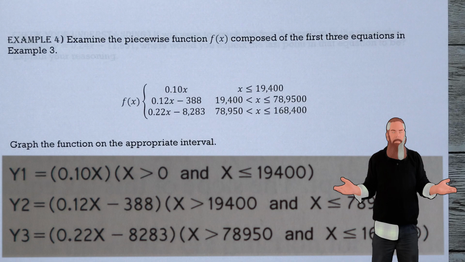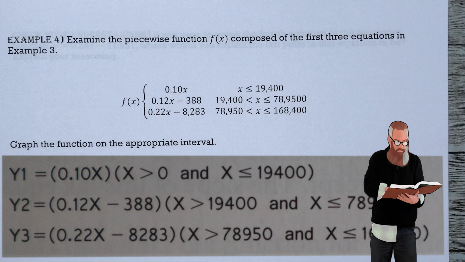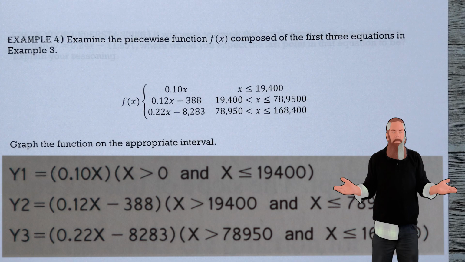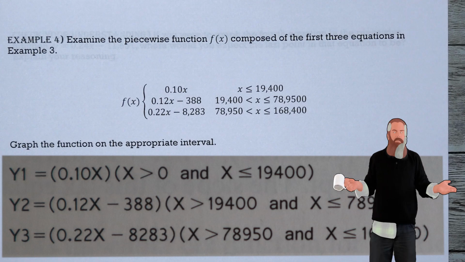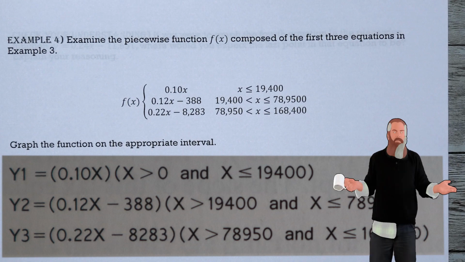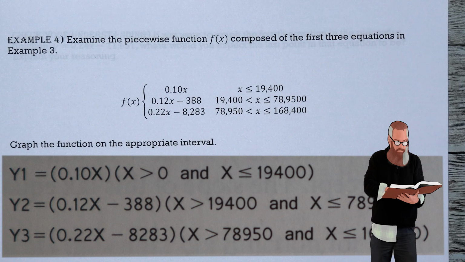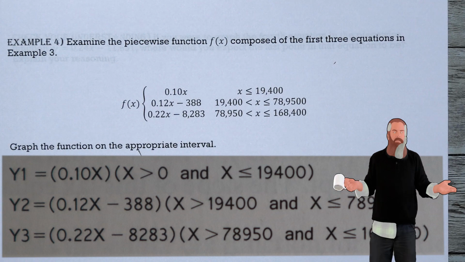So y1 is equal to open parenthesis 0.10x, close parenthesis, open parenthesis, x greater than 0 and x less than or equal to 19,400. y2 would be equal to open parenthesis 0.12x minus 388, close parenthesis, open parenthesis, x greater than 19,400 and x less than or equal to 78,950. y3 is equal to open parenthesis 0.22x minus 8283, close parenthesis, open parenthesis, x greater than 78,950 and x less than or equal to